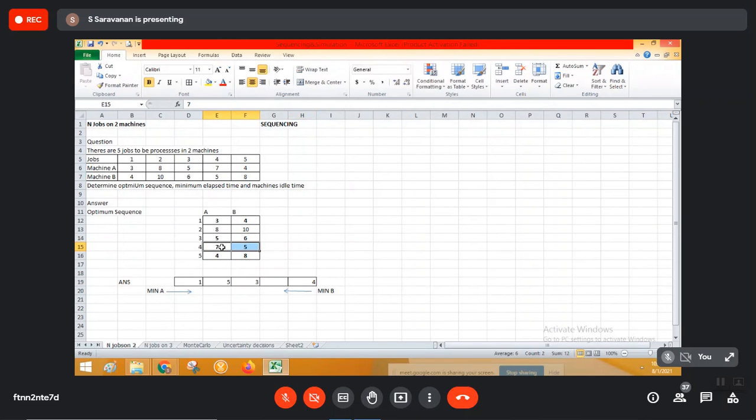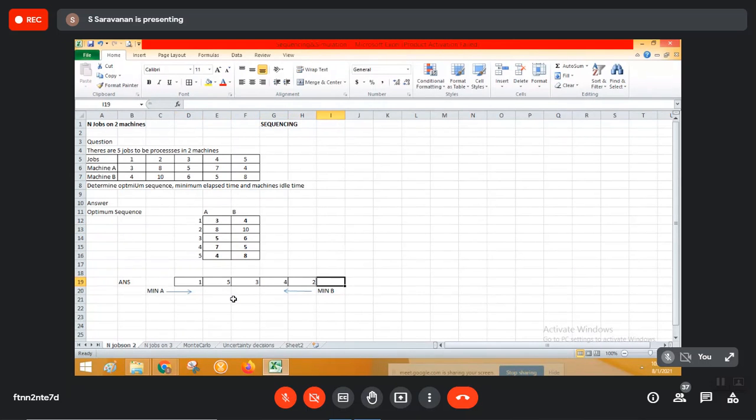So there is only one thing left. Only one activity is left, that is 8 and 10, corresponding to the second activity. So only one empty space is there. Simple. So it is right. No, here it is actually 4. It has to come from this position, 4 and 2.